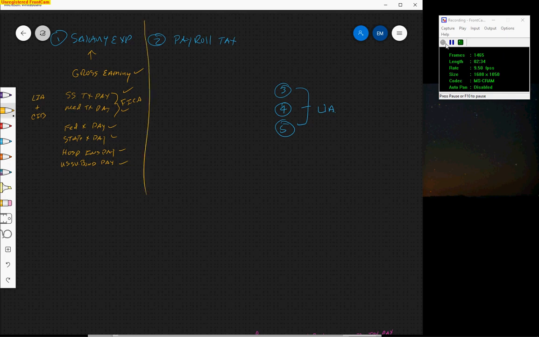Now, the second part is asking you to do the payroll tax expenses. This is what is relative to, let me get that right, the employer. Right? This is the employer's money. This money over here is the employee's money. So, what does the employer pay in addition to the salary expense? He matches, or she matches, this Social Security tax payable, the Medicare tax payable,